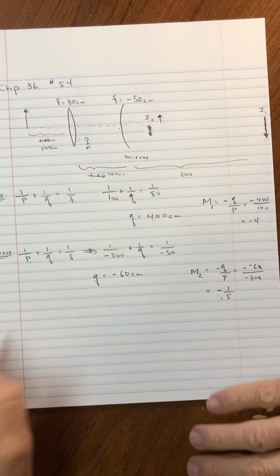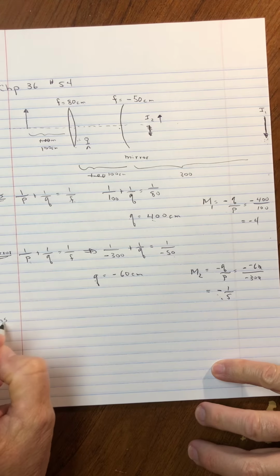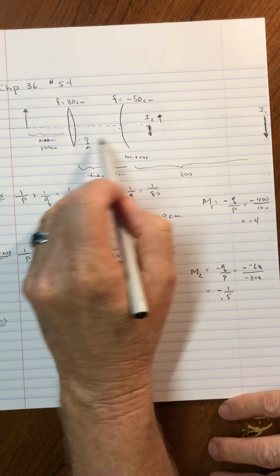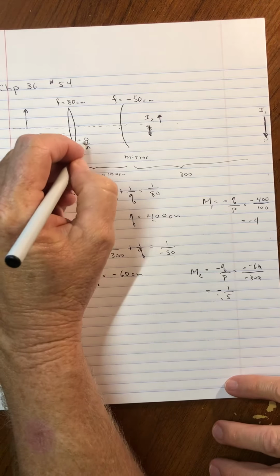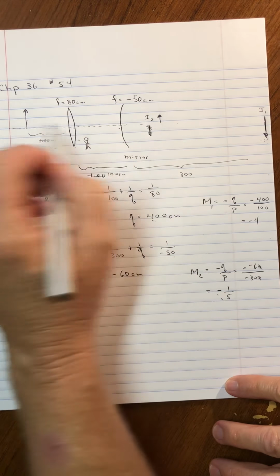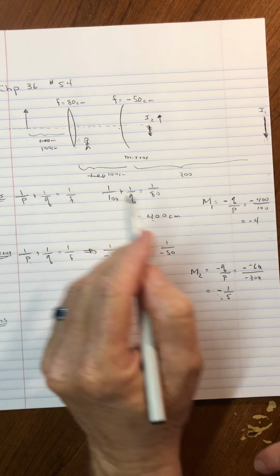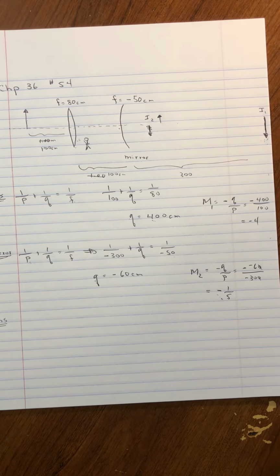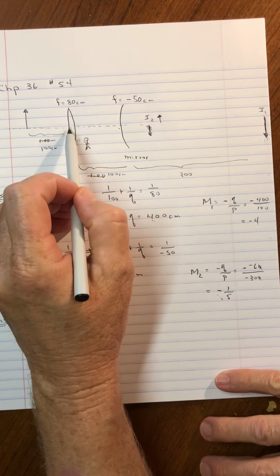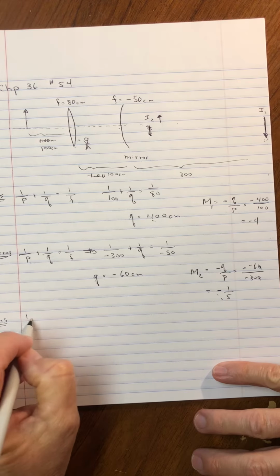But we need to complete the problem by saying now, this light is not going to be viewed by this person. It's going to come back out, and I would assume that they are implying that the viewing person is over here. So the light needs to get redirected yet again a third time,